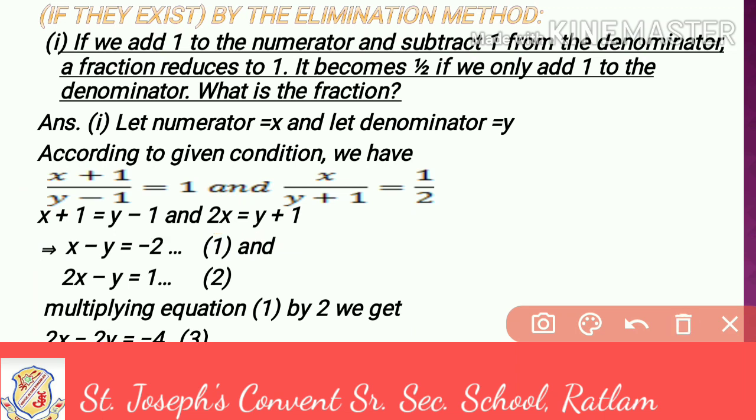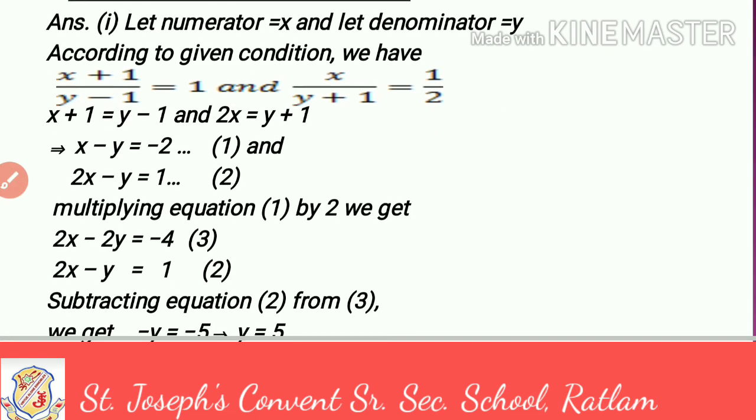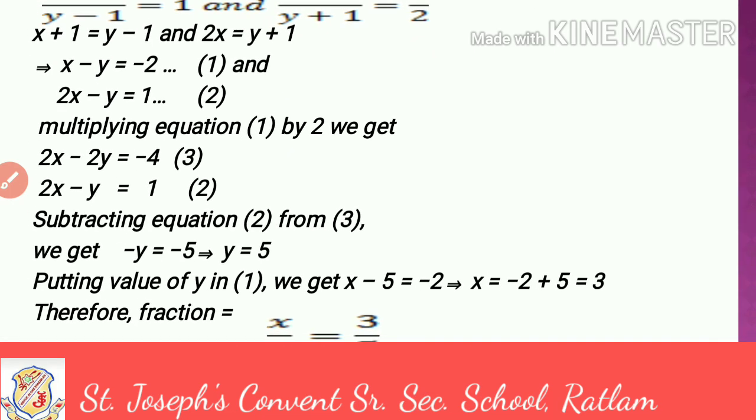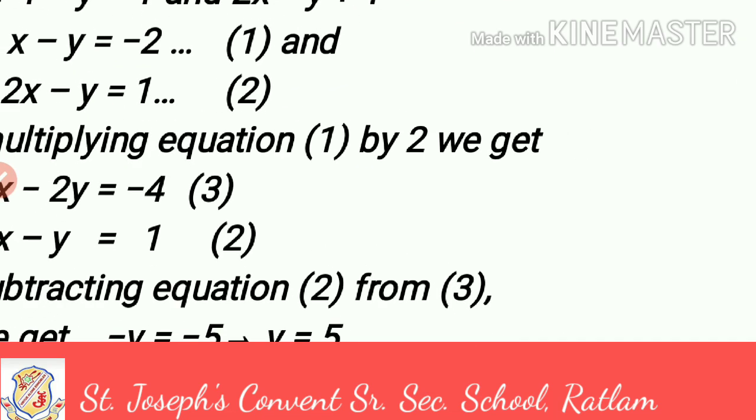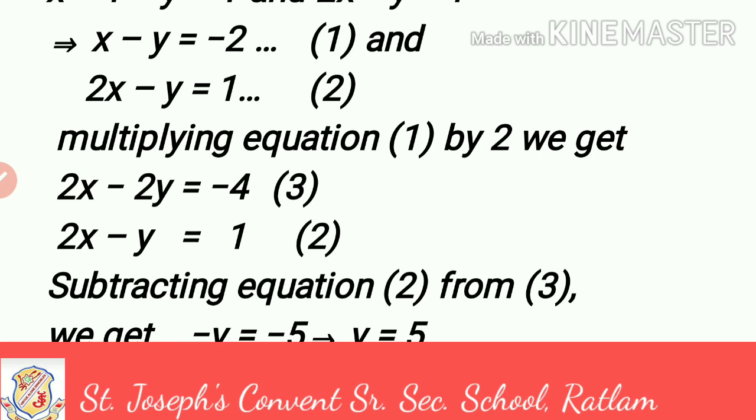So this 2 will be in the standard form. So finally, what are you going to get? You are going to get the two equations: x minus y is equal to 2 and 2x minus y is equal to 1. Let it be equation 1 and 2. Now what are we trying to do? We are trying to apply the elimination method. So definitely we are trying right now to eliminate the variable x.